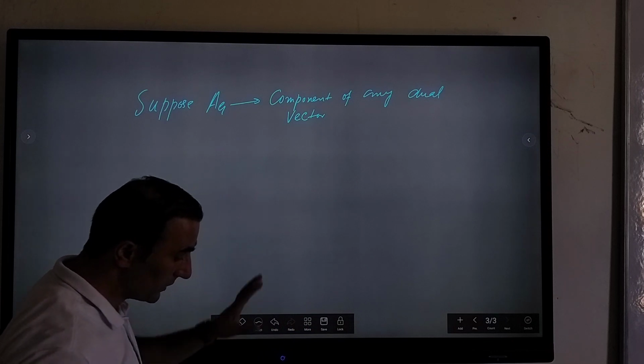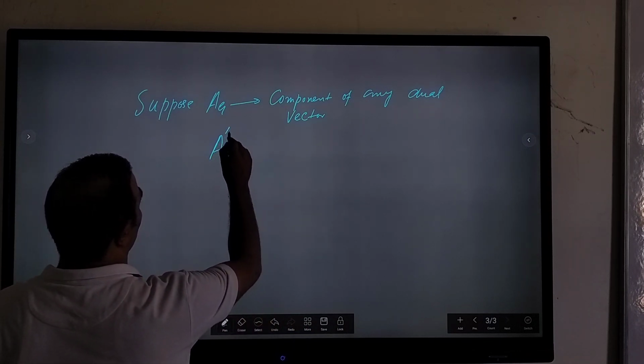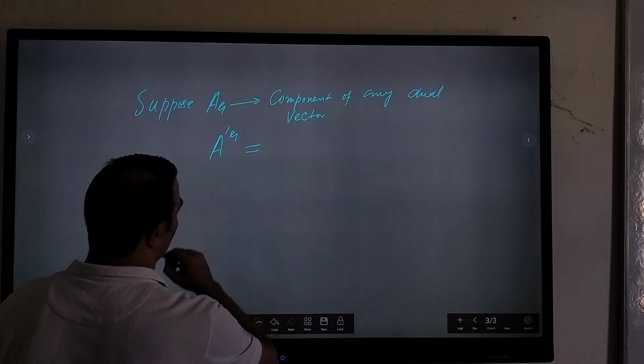So this is the component of any dual vector, right? Or you can rewrite this as a prime mu will be equal to, so that's equal to,